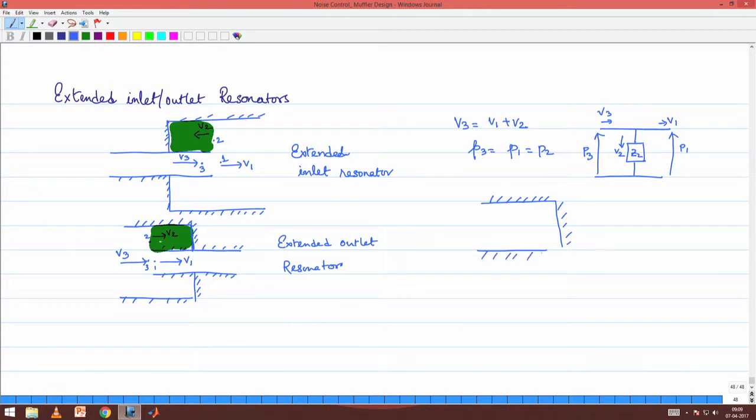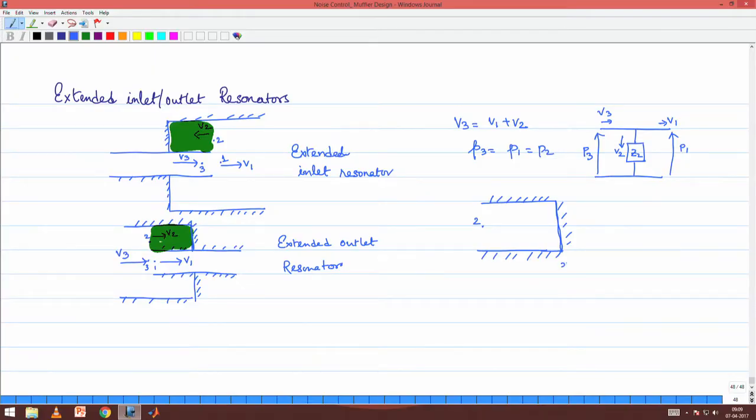The highlighted chamber is drawn again here, with the understanding that this end is completely rigid and the objective is to determine the impedance at this point, which is Z2. Towards that end we can put a coordinate x equals 0 here and x equals minus L here. Again, as usual, we only assume that there are plane waves which are going to reside within these highlighted